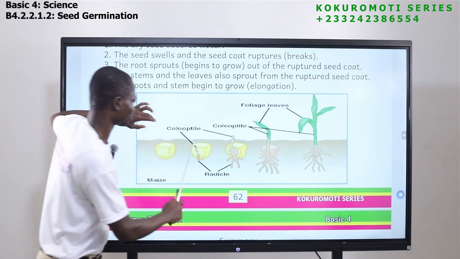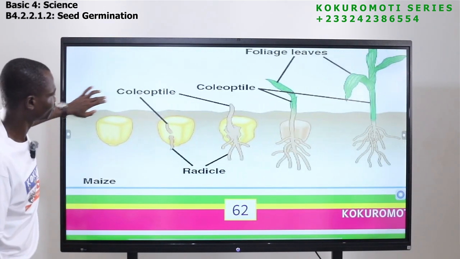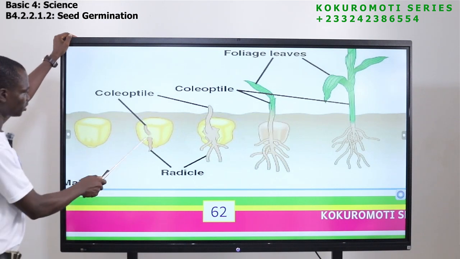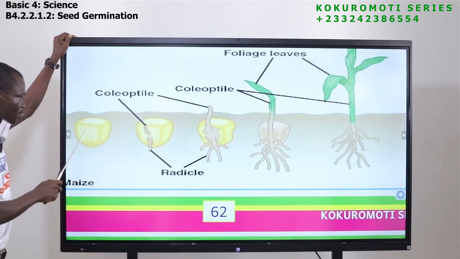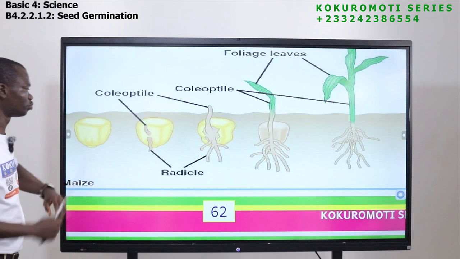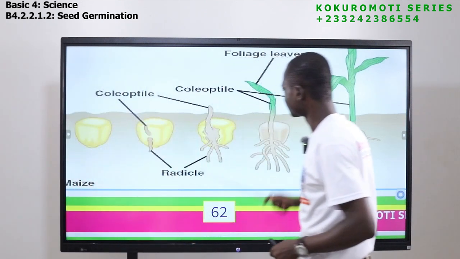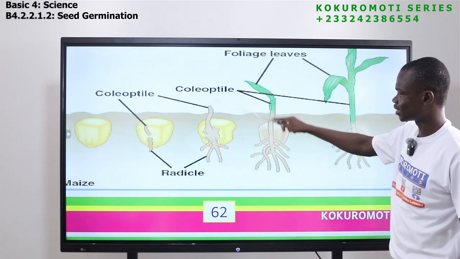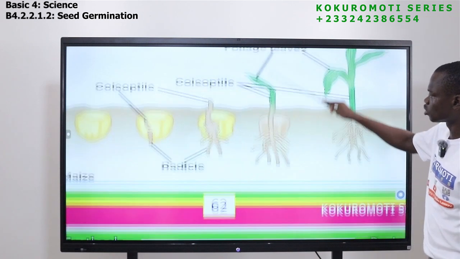So if you look at the steps, they are here. Let me show it to you. Now this is a seed. Have you seen this side? Okay, so what do you see? The root has come out. So if you put the seed here, this seed will need water. The water will swell it up. So the seed coat will break and the root will come first. When the root comes first, you see the root going to this side, and then this side will also come. This is where the stem is. After that, you see we have the root, the stem, and then the leaves will also come.